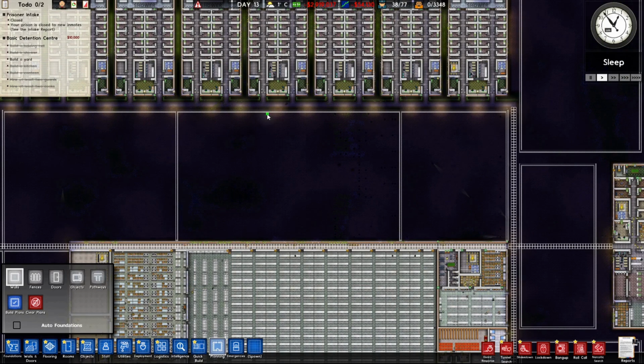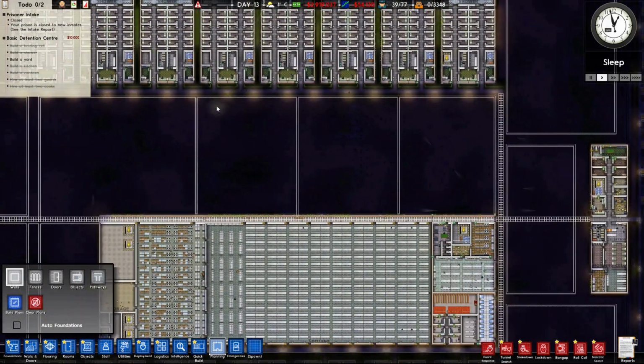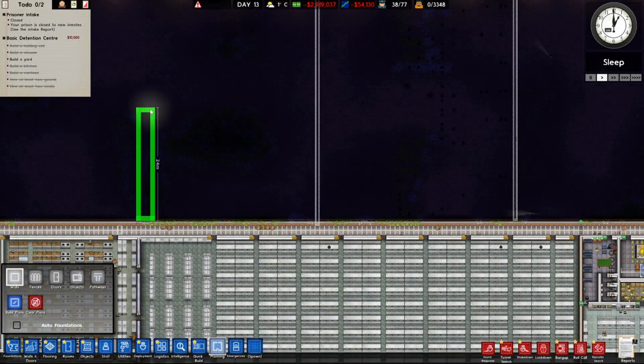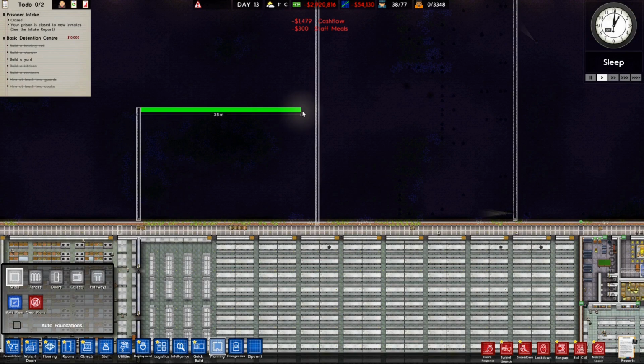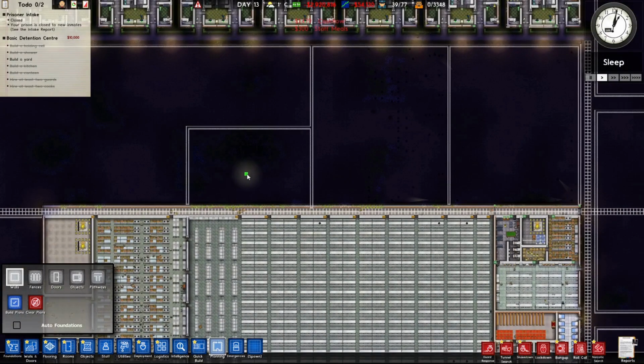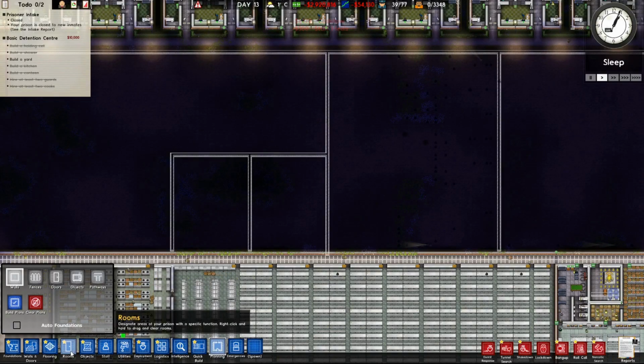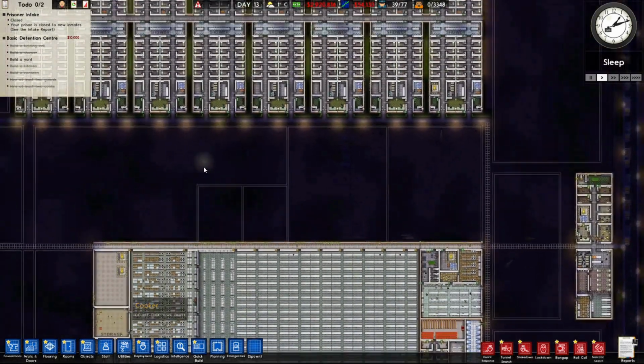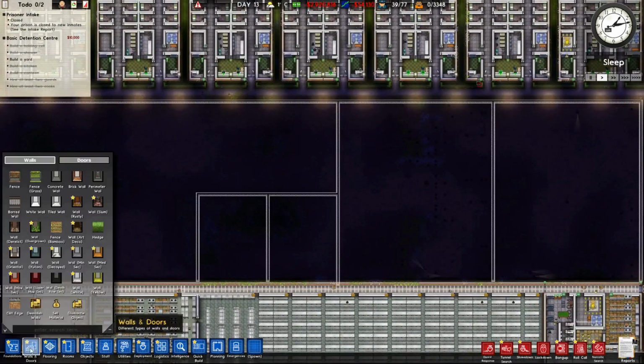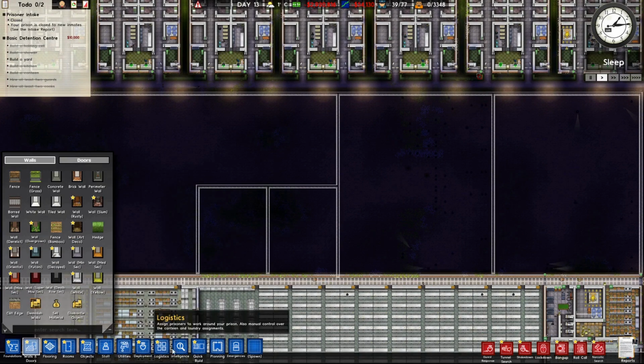I'm going to say for the amount of people that we have at both sides, something about this big. So that would be a yard. You're then going to have a common room and a gymnasium. Let's have over here